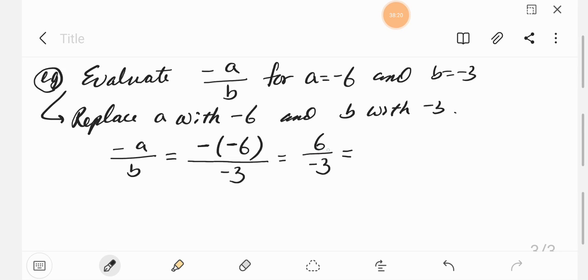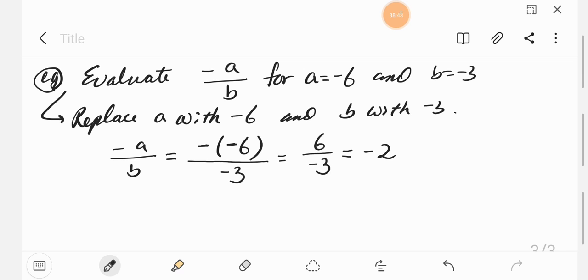Alright, so for this one, this quotient has two different signs. One is positive, one is negative. So the result is negative, and 6 divided by 3 is 2. Can you see it? Okay, then let's try